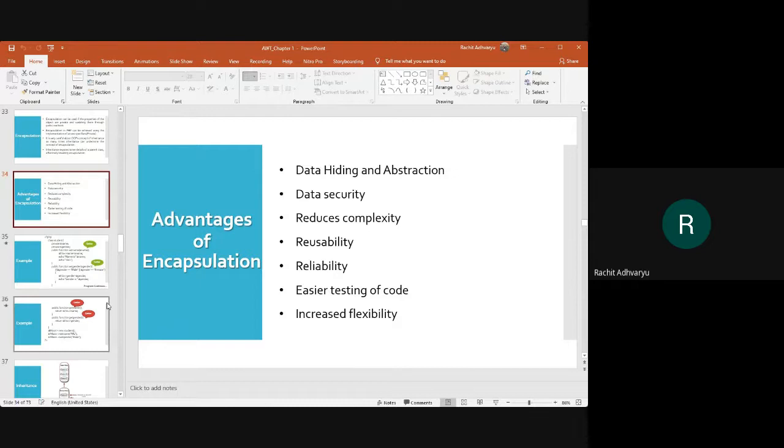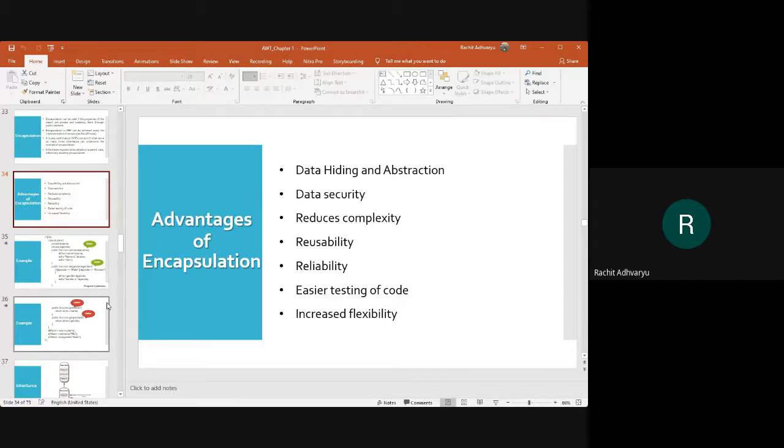Yes, guys, what is data abstraction? Can anyone tell me in the chat? What do you mean by data abstraction? Okay, all right, leave it.